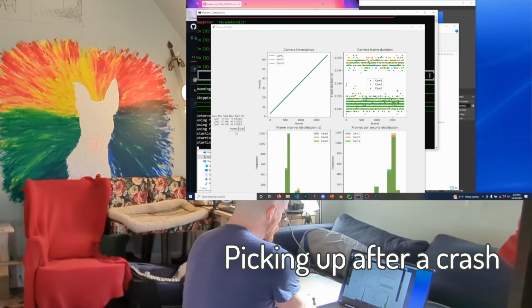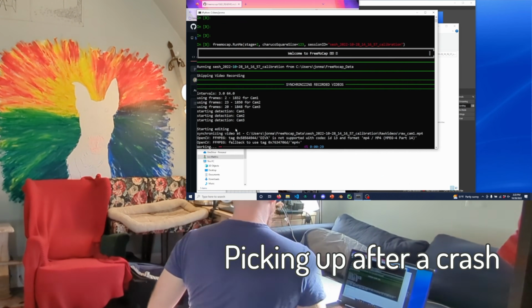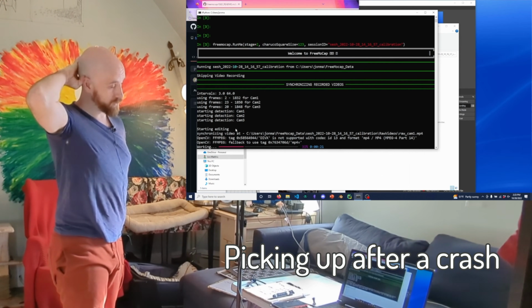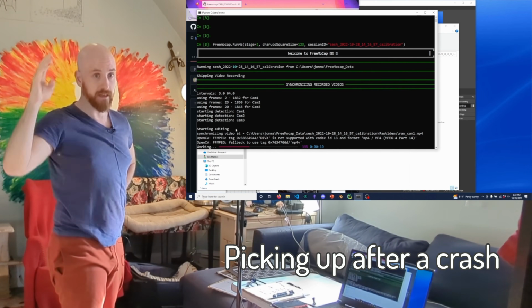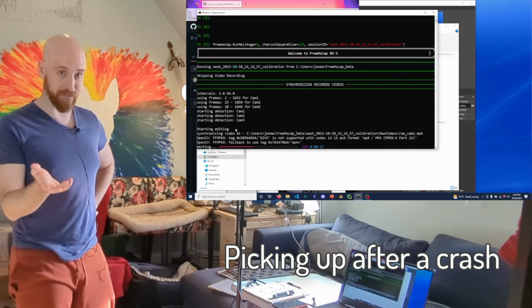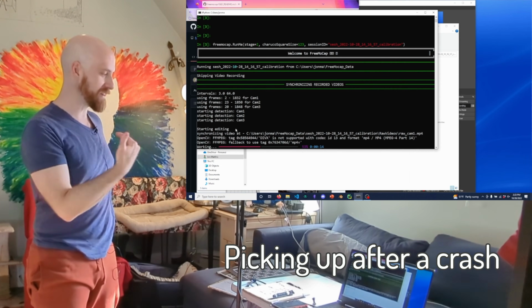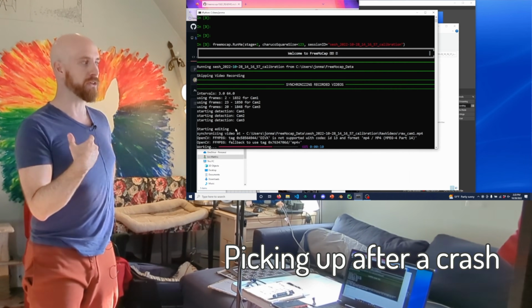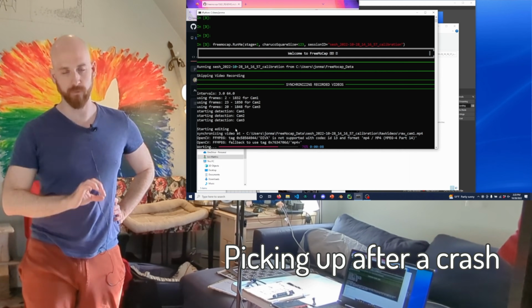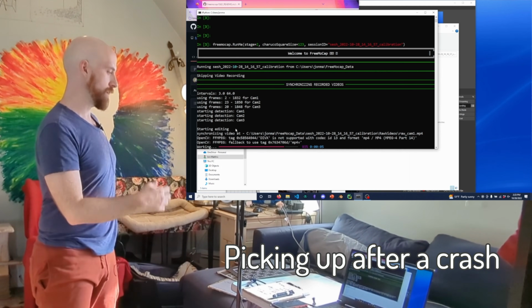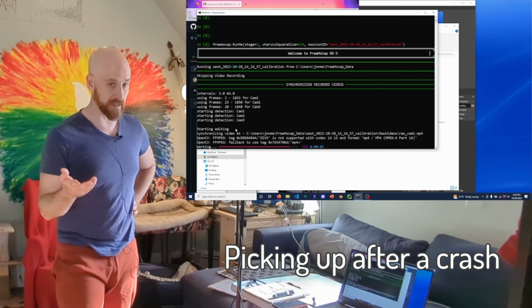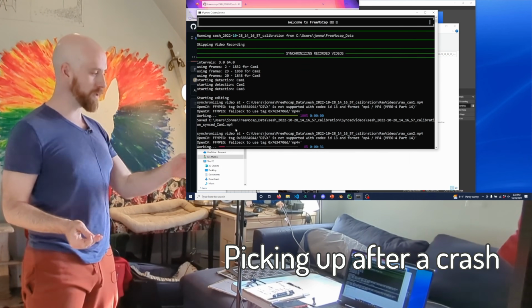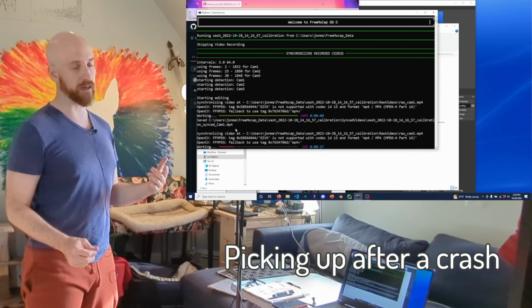Timestamps are still good, and proceed. And now it's going to synchronize. It's very unlikely that anything could crash in a way that can't be recovered. I've done this enough that one of the main things is to make sure that if anything fails or crashes at any point in the process, you can always restart, reprocess, and pick things up where they left off, because that's just a part of any complex data analysis: things are going to fail, and you have to have a plan for that. So as long as the recordings and everything else can be picked up from where it left off.